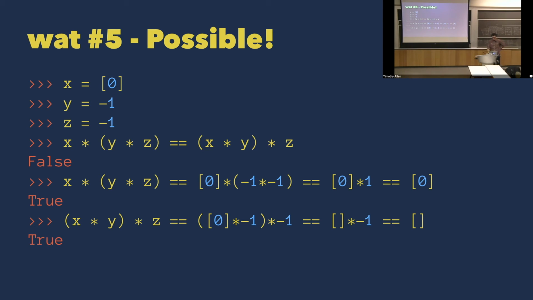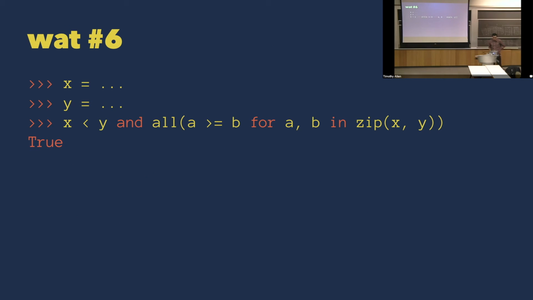Okay. Number 6. Can we make 2 lists, x and y, such that x is less than y? When we compare 2 lists, it's lexicographical ordering. It's like alphabetization. So 2 lists, x and y, x comes before y, or is less than y, and